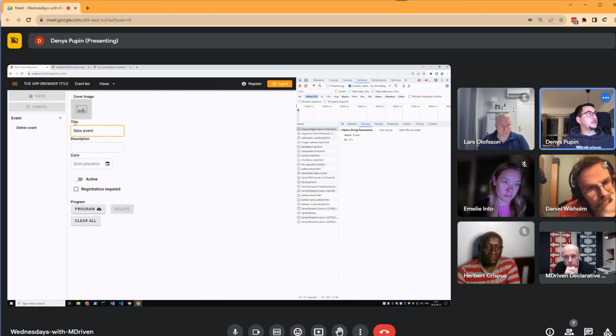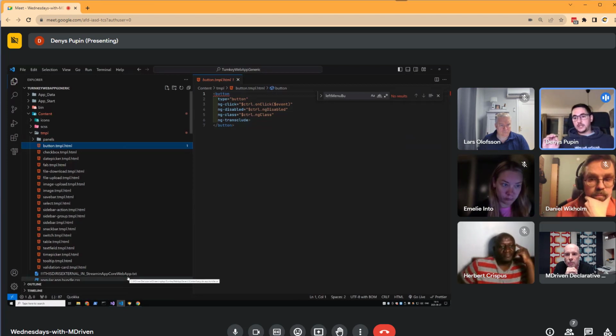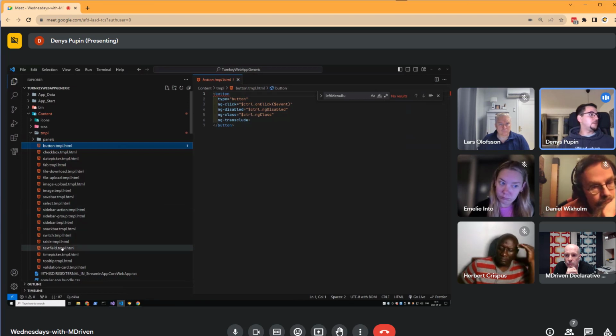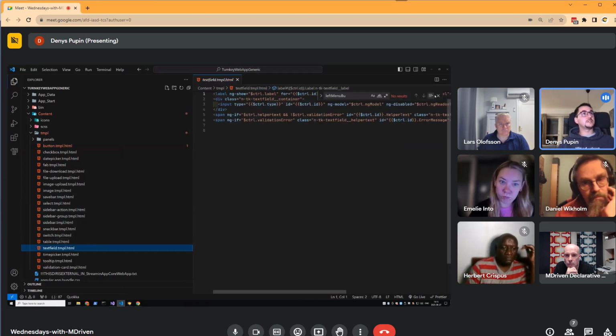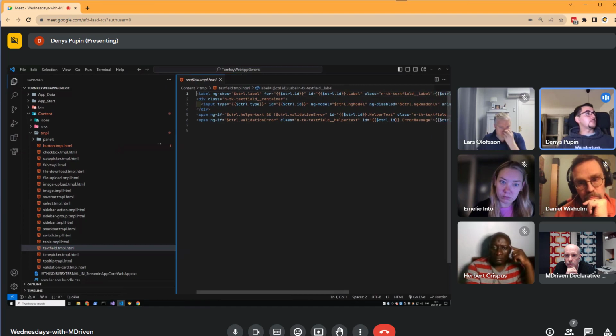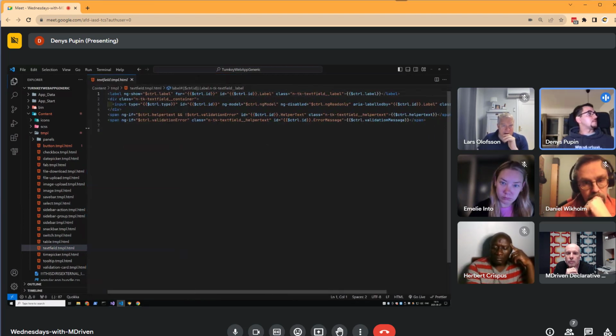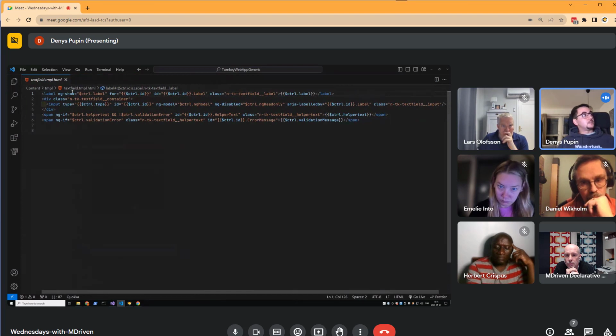But all this, for example these borders, the actual HTML input element, all of this, right now there is no connection to the C# because it all lives here in the templates. You can see that right now, for example, the template for the text field component looks like that. So it has a label, it has an input, it has helper text and validation errors, and also placeholders in case you added it